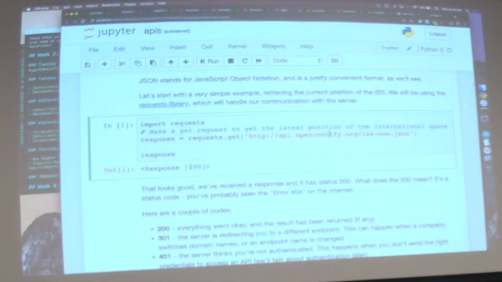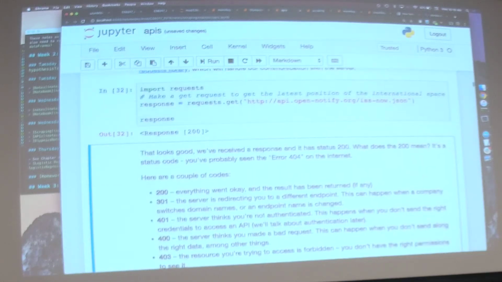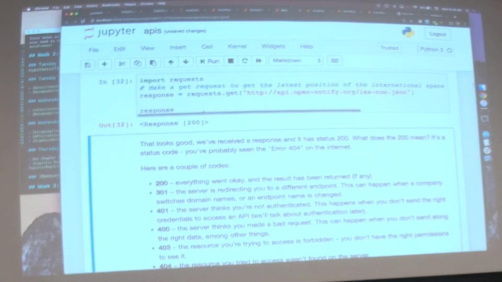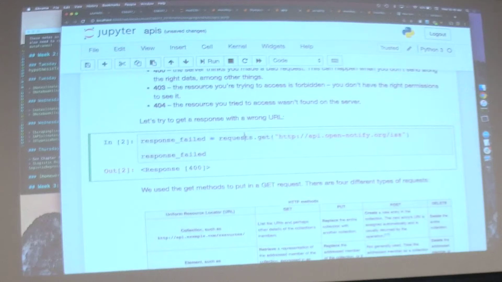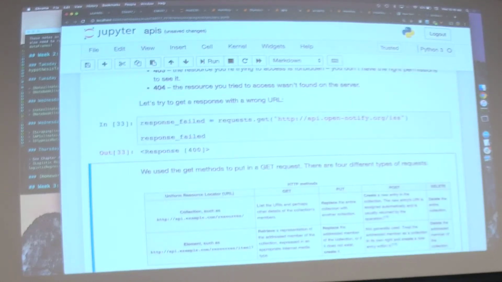So this is the requests library. It's like the urllib request, but so this open-notify.org has an API endpoint that tells us where the International Space Station is right now. It returns the latitude and longitude of the ISS. So if we get,